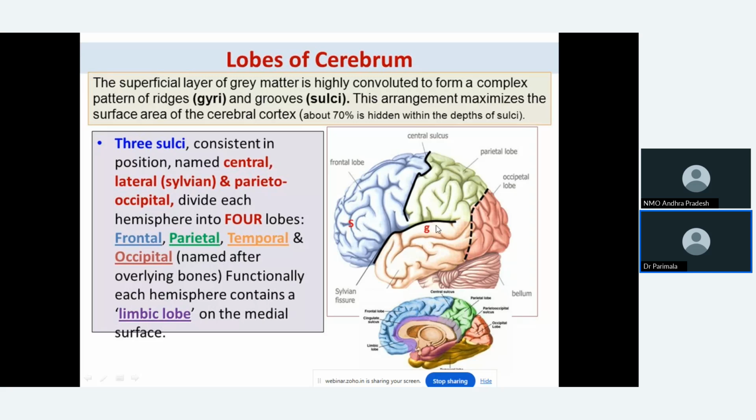The 3 lobes here are: in front of the central sulcus is the frontal lobe, behind the central sulcus is the parietal lobe, below the lateral sulcus is the temporal lobe. If you join this lateral sulcus to this first imaginary line, this lobe will be separated. So I think you understood how the lobes are separated. What are the 3 sulci needed for the division of these lobes? Parieto-occipital sulcus, central sulcus, posterior ramus of the lateral sulcus. They divide the cerebrum into 4 lobes: frontal, parietal, occipital, and temporal.